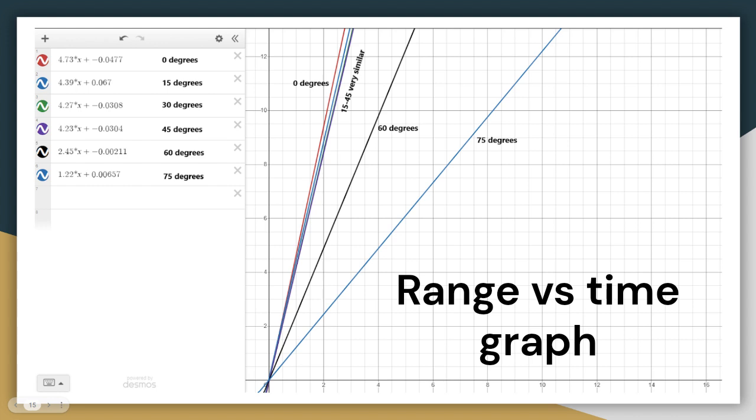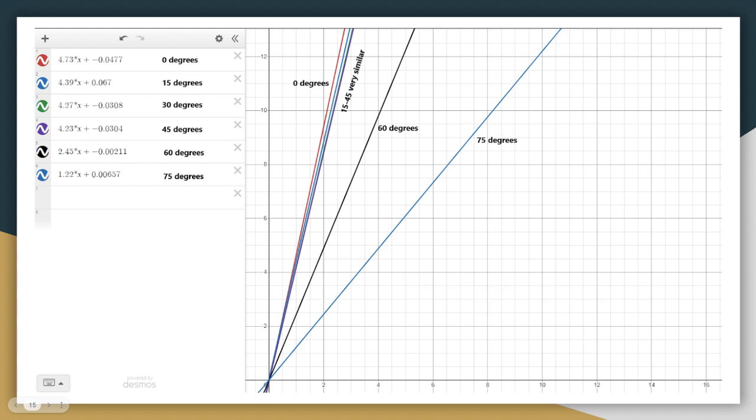In other words, it indicates the horizontal velocity of the projectile, as range is the product of horizontal velocity and time. Range is equal to Vx multiplied by time. The higher the gradient or the slope of the values, the higher the horizontal range. This, however, is not always true, since range is not just horizontal, it is also vertical, which also